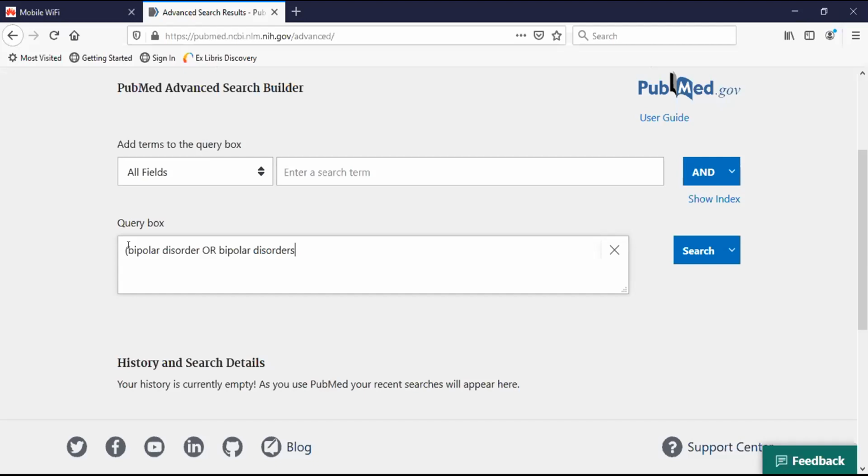So I put in bipolar disorder or bipolar disorders, plural, or, and then I go through my various keywords that I've thought of. I've done a bit of brainstorming, a bit of literature searching, and I've tried to see what other terms crop up in this particular area. So I'm looking at mania or manic, or manic disorder, disorders, or manic depressive psychosis, or manic depressive psychoses, or